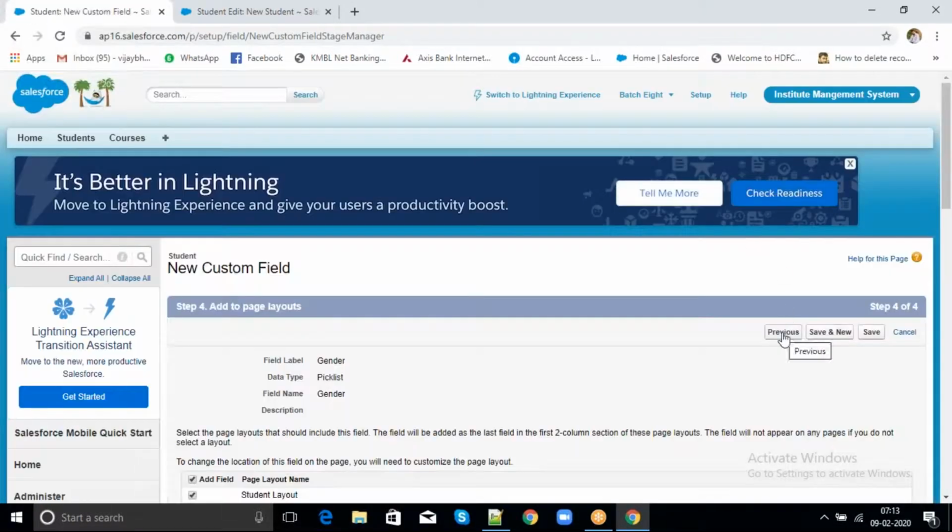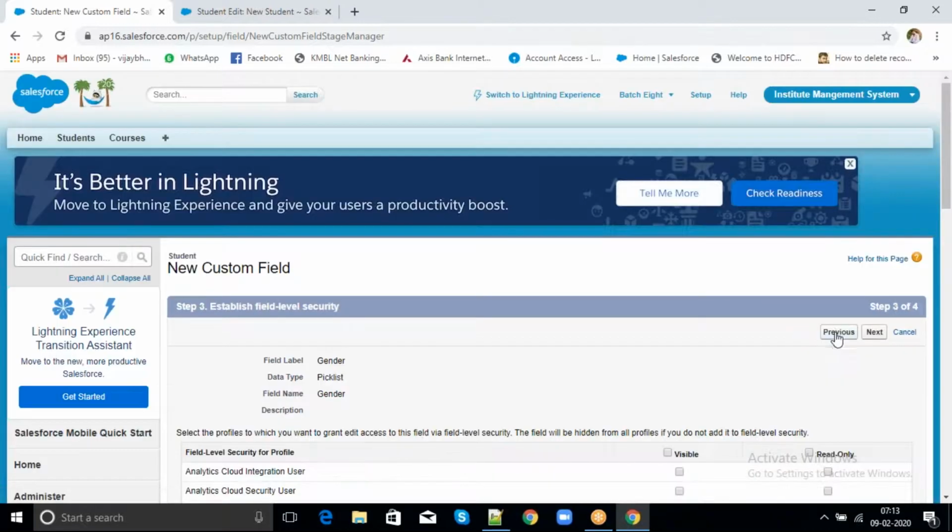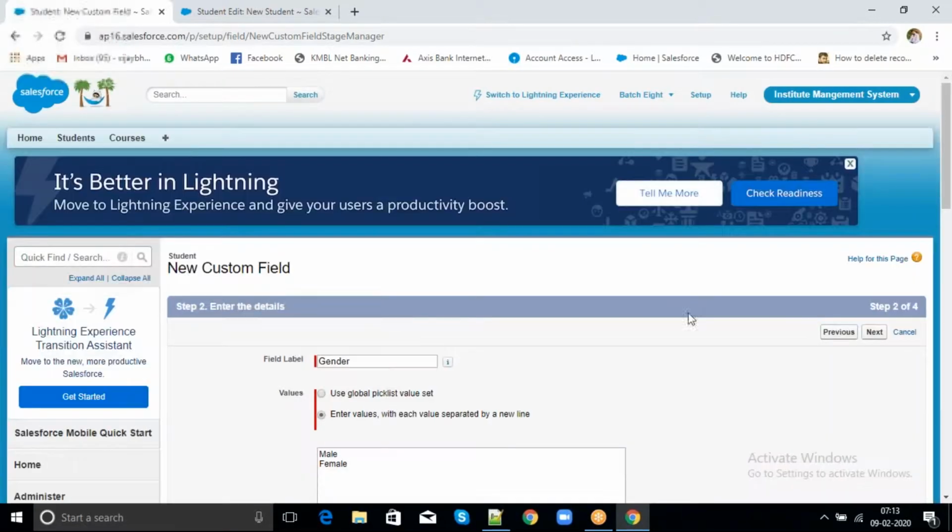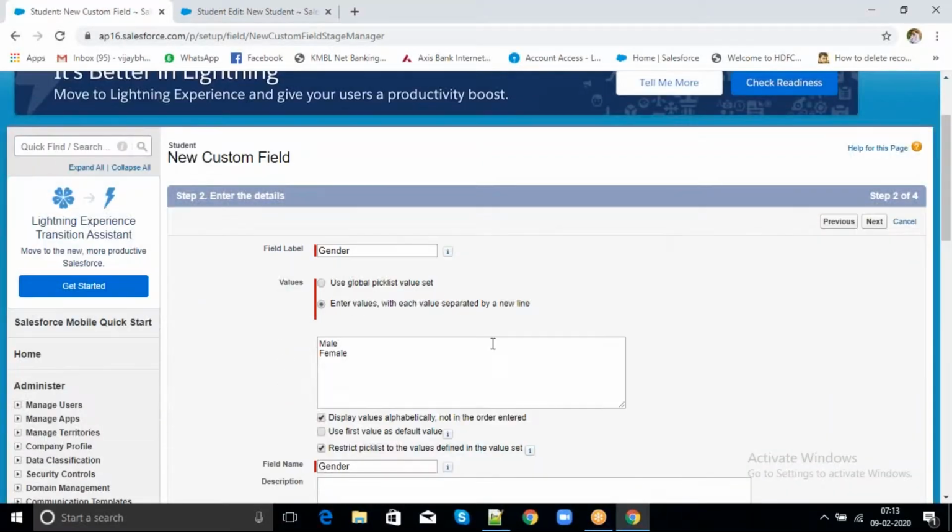And one thing, if I go to previous, here we are selecting the second option, right? If we select the first option, first we have to create a pick list value set. Already we have created one, right?